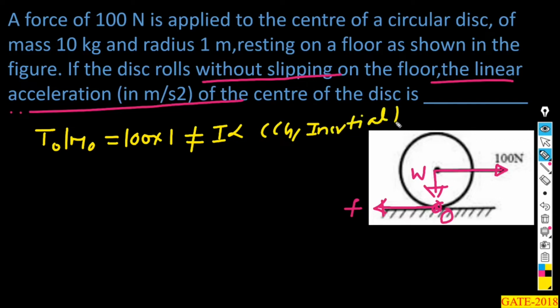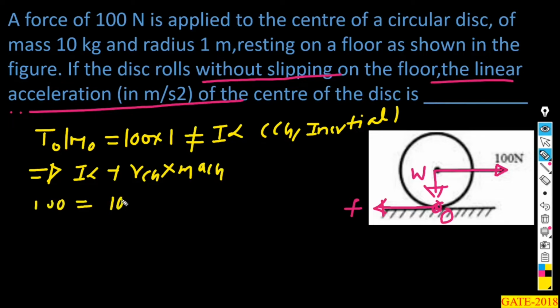In this case, this is not the center of gravity point, neither the inertial point. In this case, 100 is equal to I times alpha plus R_CG cross m into a_CG. I can write I of a circular disc is equal to mr square by 2. M in this case is 10, R is equal to 1, so 1 by 2 into alpha plus R_CG equal to 1 into m, which is 10. The condition given is rolling without slipping, so acceleration of CG equals R times alpha of